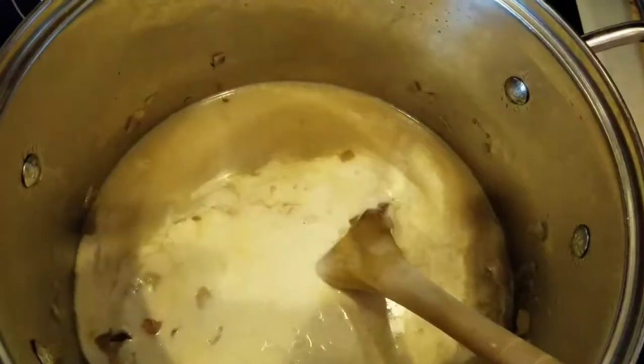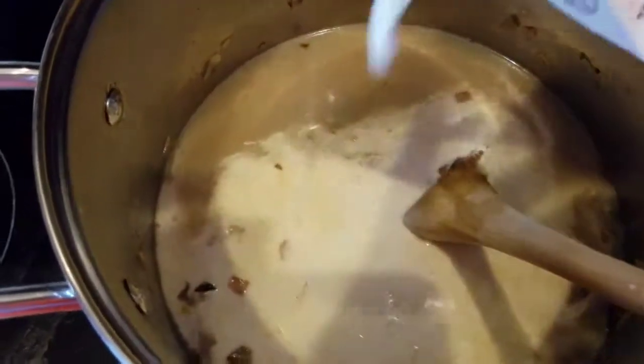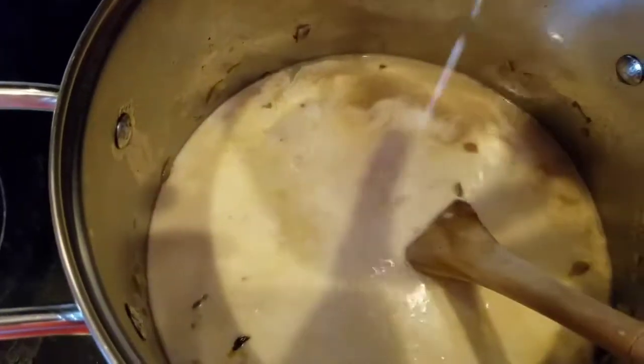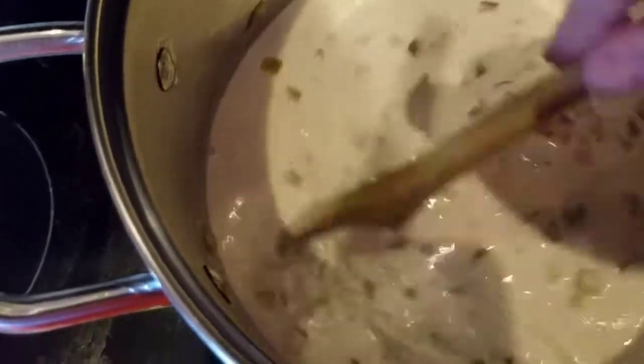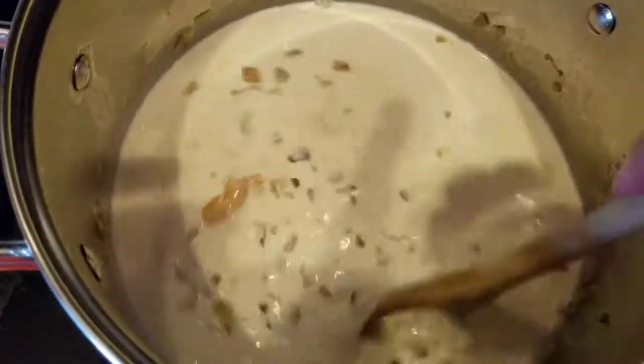There's 2 cups right there. Get that added in, and then 1 more little half pint, 8 ounces of heavy cream. Every last drop, right? Heavy cream, you don't want it to go to waste. Stir that up together. Oh, that looks beautiful. I'm going to bring the heat up just a little bit so I can get this to simmer. And the last thing I have to add